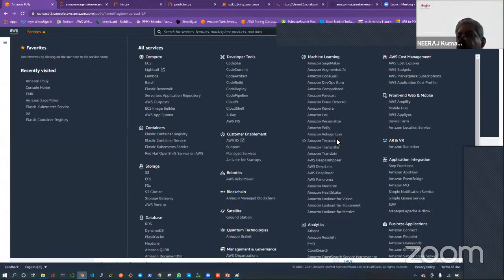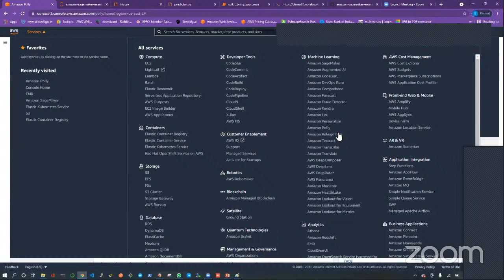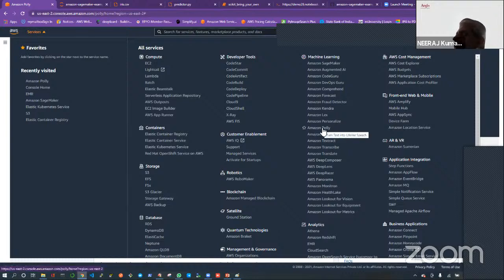Think of it as a human body. How does the human body work? It works on the basis of senses. You have senses for sound, for vision, for speech. Take these as the sensory part.